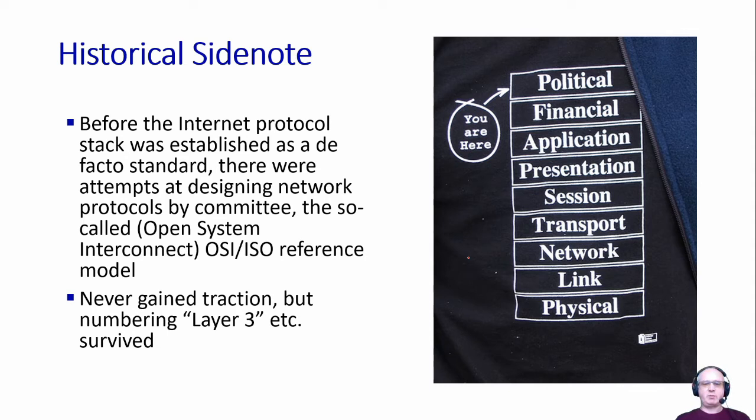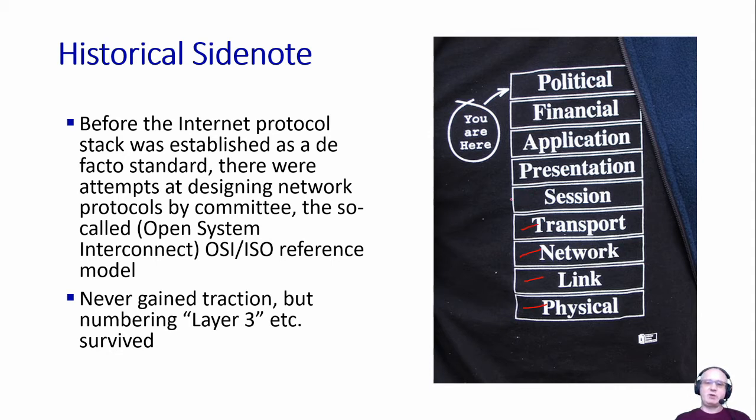It's by a group of people called the Open System Interconnect Initiative under the auspices of the ISO. In fact, there was an attempt in the late 1980s, 1990s, where people wanted to design a networking stack for all users, right? So they created a reference model that defined a number of layers and then started to define protocols at each layer. And this is where the physical layer became layer 1, link 2, network 3, transport 4.